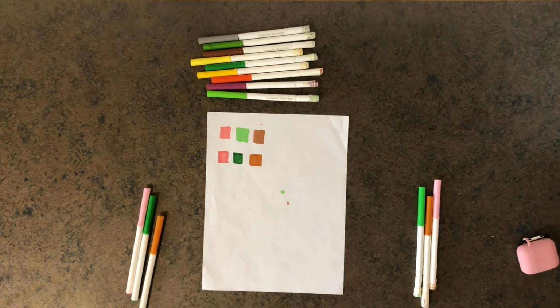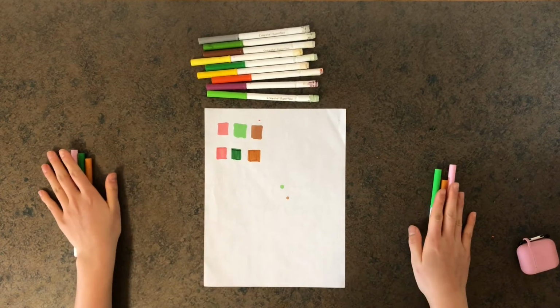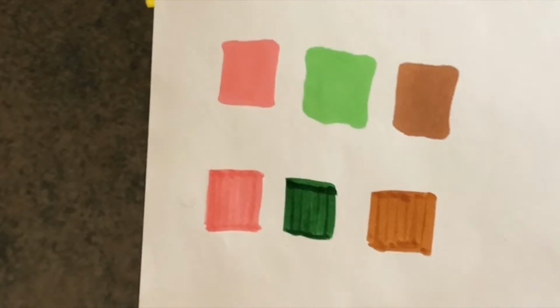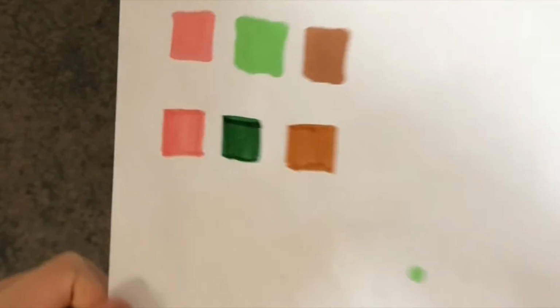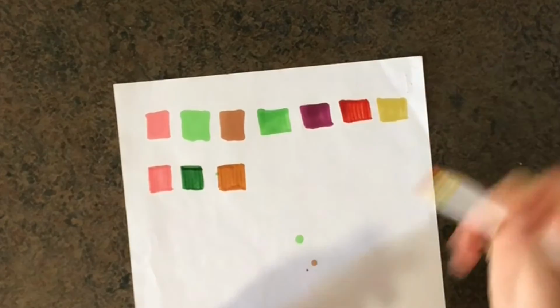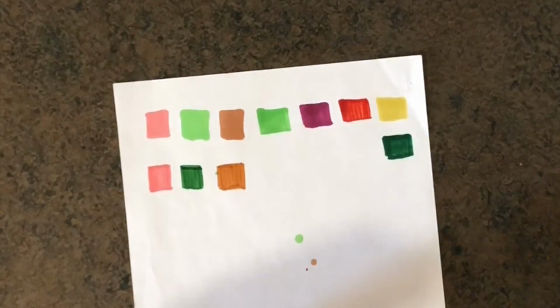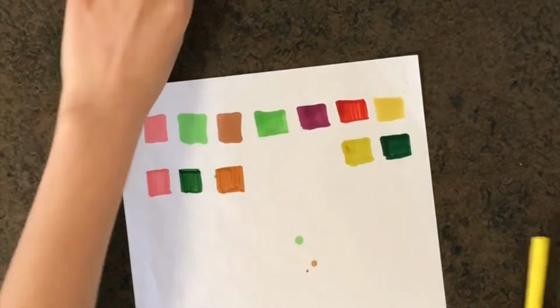So these are the swatches from the beginning of the video, with the regular markers on the left and the alcohol markers on the right. And I have to say they perform so much better than I expected them to, almost like actual store-bought alcohol markers. And here I'm just swatching some more of colors that I made, and to be entirely transparent, they didn't